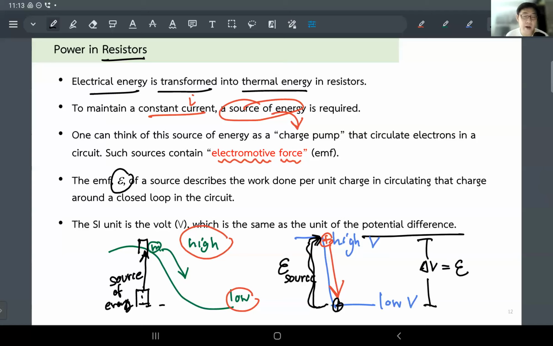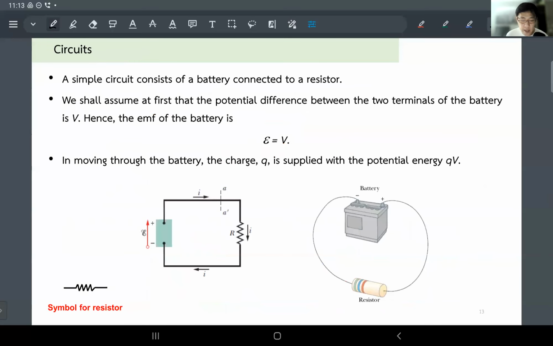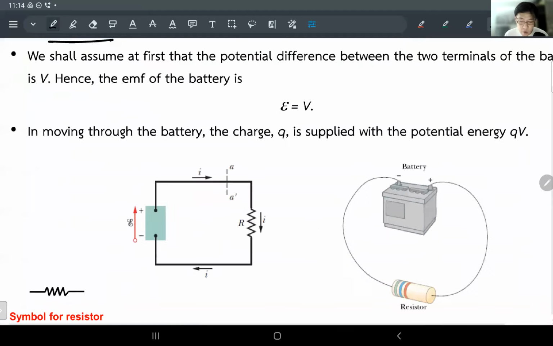All right, it will be better when you look at some examples. But at least having this kind of analogy in your head might help. Okay, let's take a look at what I'm saying over here. We're going to look at a simple circuit. So you have a circuit. When you have a circuit, it means you have the whole complete picture of things that are going to travel in